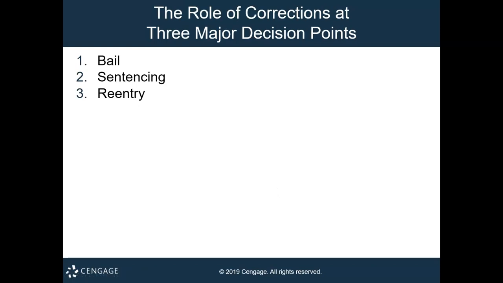Okay, so the major role of corrections at three major decision points. Corrections become involved in the criminal justice system when bail is a question. The jails will allow for people to be bailed out, or they don't. Hopefully you know what I mean. People are eligible for bail. They get bailed out. Bail has also been a pretty significant issue that we will talk about a little bit more later. But